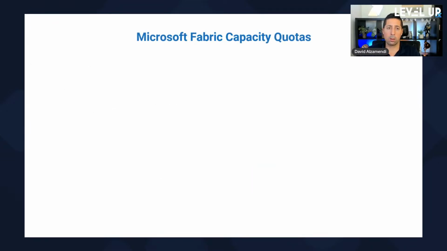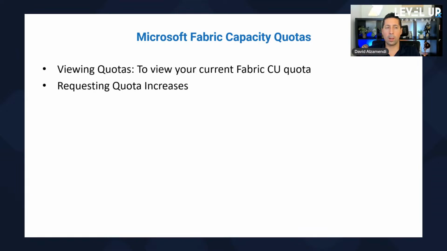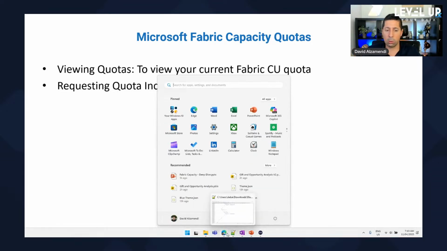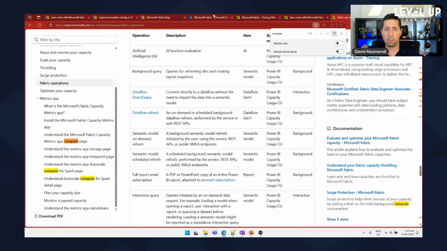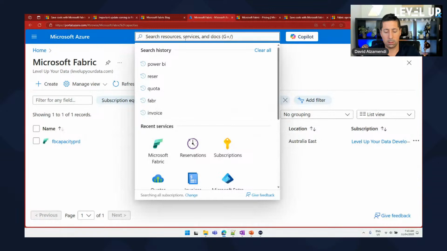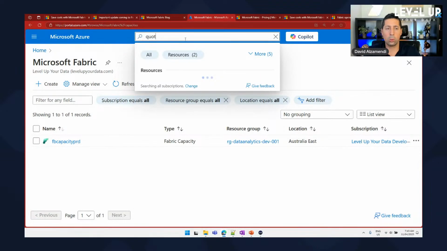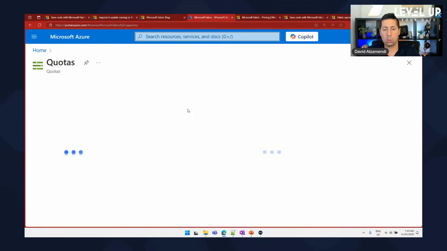The quotas. All right. So this one is one that I wanted to mention quickly. So this is something new with many of the services in Microsoft Fabric. In Azure, you get quotas. And if you run out of those quotas, you might need to increase the number of services available that you need. So if I go to quotas in my Azure portal,